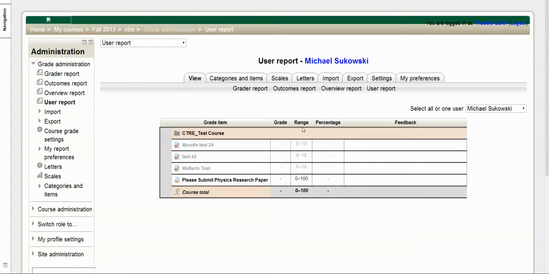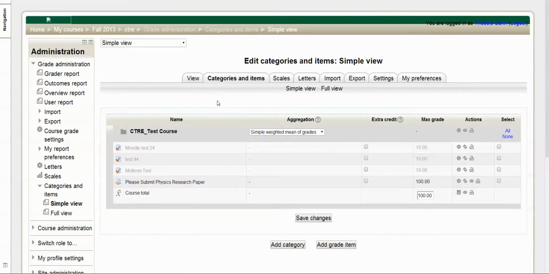Okay, on to the next option. One thing that I do want to highlight is the categories and items option menu. The categories and items give you small, I guess you can say small functionalities to incorporate categories and grade items into your gradebook. Categories, in my opinion, can be looked at as file folders or dresser drawers. However you want to look at it, it's basically an organizing tool for instructors to group specific assignments for analysis